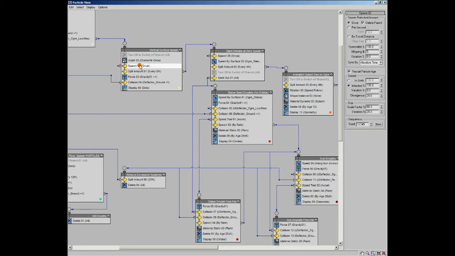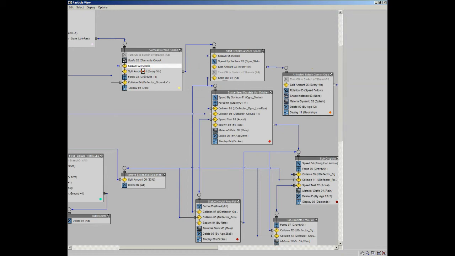Then we spawn 5 particles once, we delete our parent, we have 5 particles, and this also resets the particle age. We split off every 5th particle, so in other words, when these particles collide, just one particle will produce 5 particles, 4 particles will remain in this event, and the 5th one gets sent on to this event. The 4 that remain have gravity applied, and